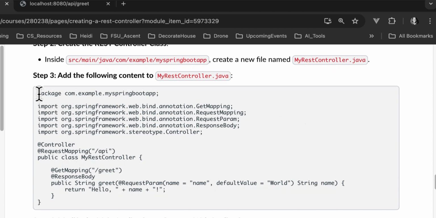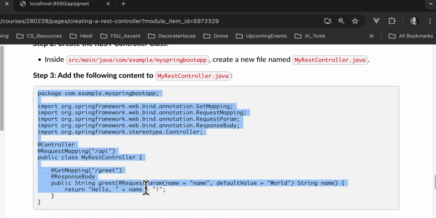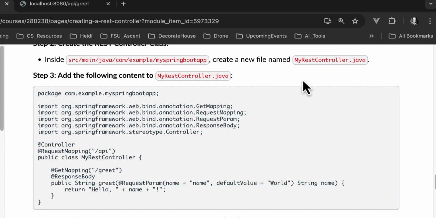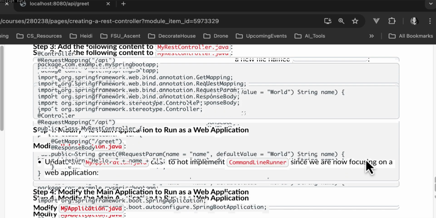You can create your own. I know everyone in here has had at least 2 prerequisite classes in Java, so you're probably very comfortable with this. Again, the goal of this walkthrough is getting your Spring Boot to run and be able to look at these as web applications. Feel free to use my code here or create your own.